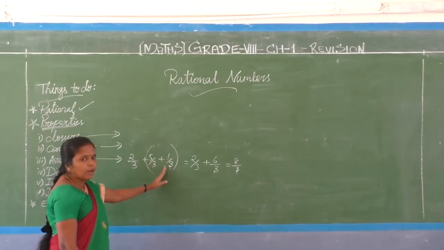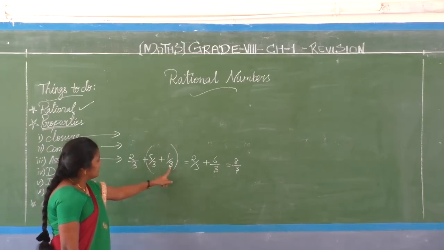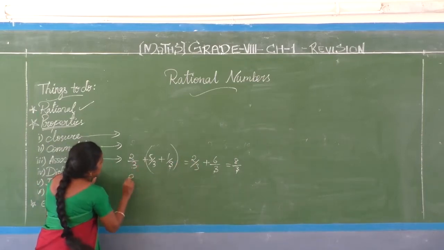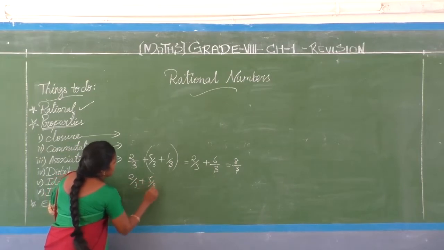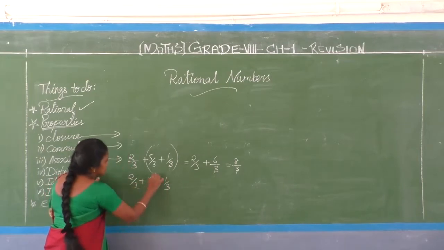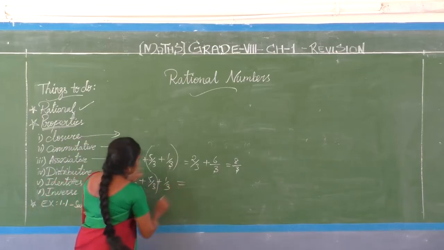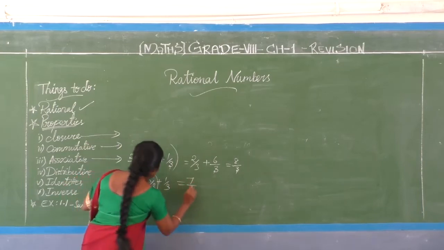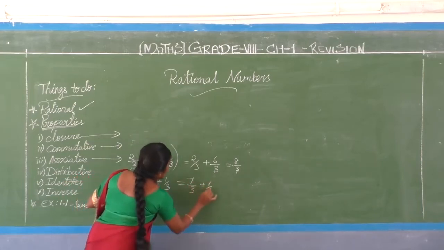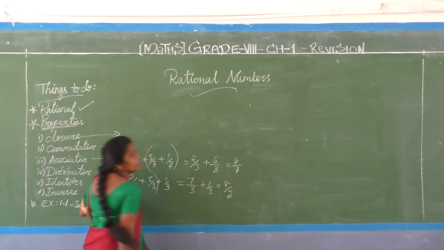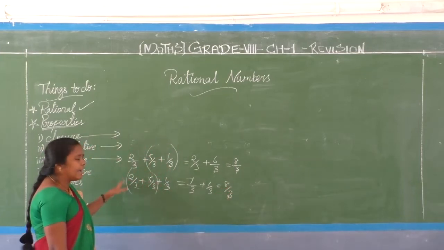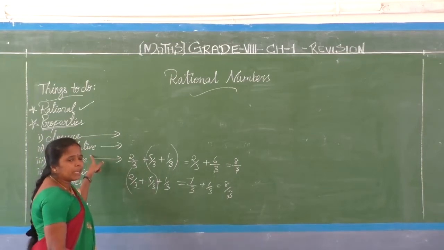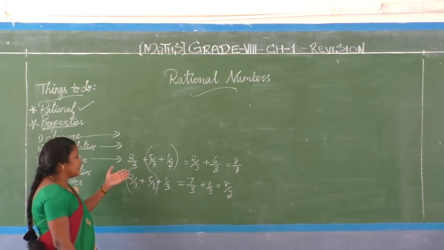I have to add all. At the time, what I did: the second and third numbers I have covered, added. Now I am going to replace the group. See, 2 by 3 plus 5 by 3 plus 1 by 3. Here first and second going to be covered. Now what comes? 2 plus 5, 7 by 3 plus 1 by 3. Anyway, the answer is 8 by 3. Clear? So what we observe from this, we can add any rational numbers in any order. Same as commutativity. In commutative we have taken 2 numbers. In associative we are going to take 3 numbers.